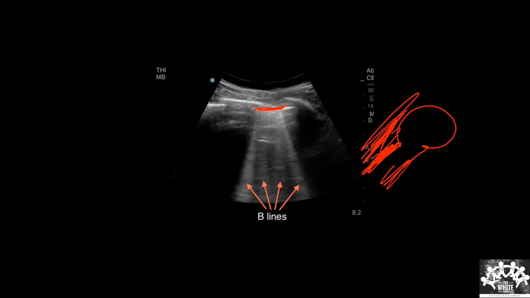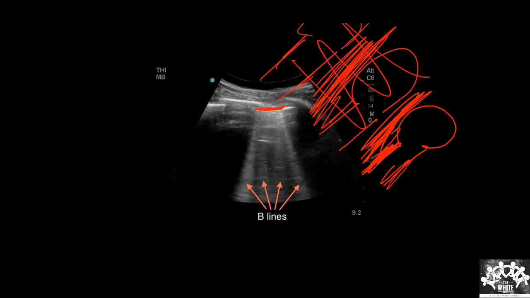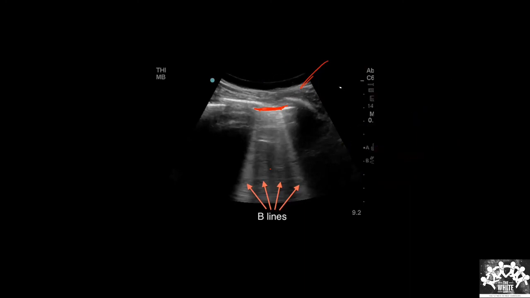the surrounding interstitia will be filled with fluid. Next, the bronchus and alveoli will have air. The surrounding interstitium will be filled with fluid. Next, again, the alveoli and the bronchus will have air. Because of this, the reverberation artifact is created. Otherwise, there will not be much space between the two alveoli.